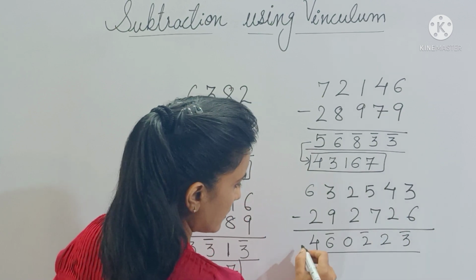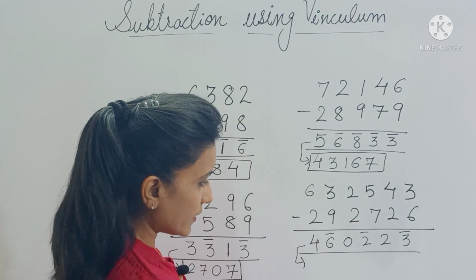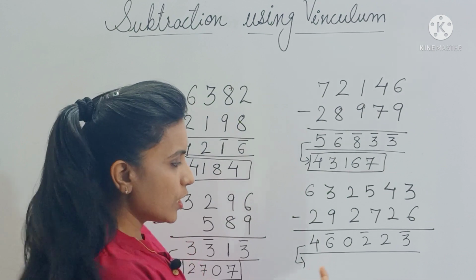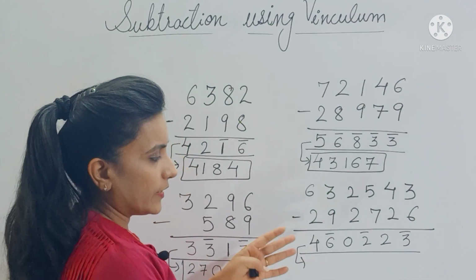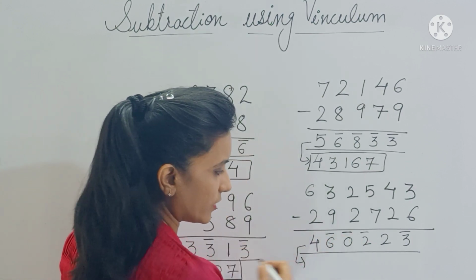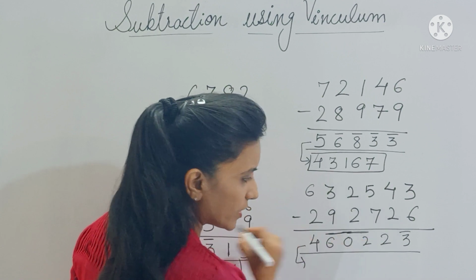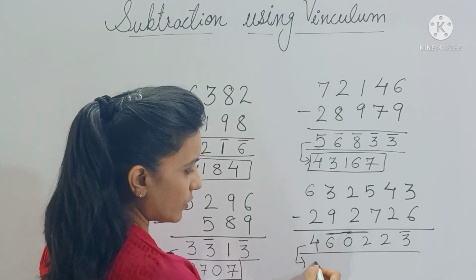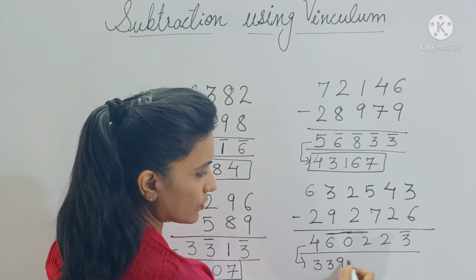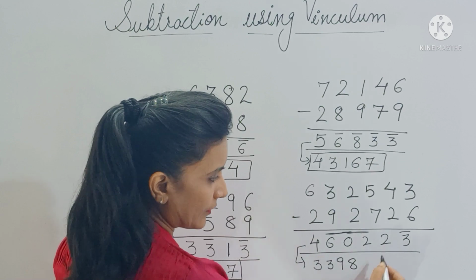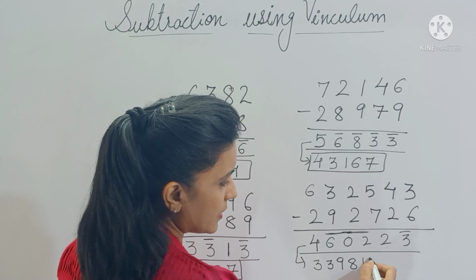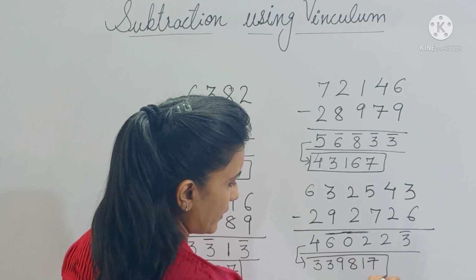Now let's devinculate this number. So here you can see that this 0 is coming between two digits which you have to devinculate, right? So I have already explained in such cases what we consider. We consider bar on the 0 as well. So we will devinculate all these three digits. Okay. So reduce 4 by 1. So you get 3. Now 6 plus 3 gives you 9. 0 plus 9 gives you 9. 2 plus 8 gives you 10. And here 2 minus 1 gives you 1. And 3 plus 7 gives you 10. So this is your final answer.